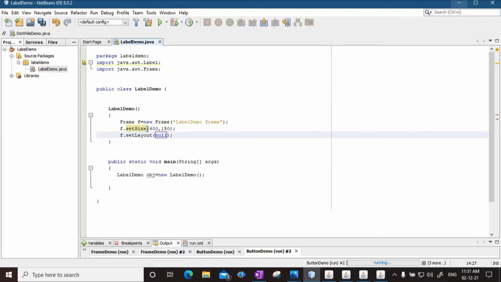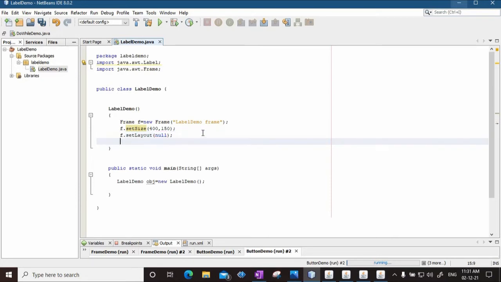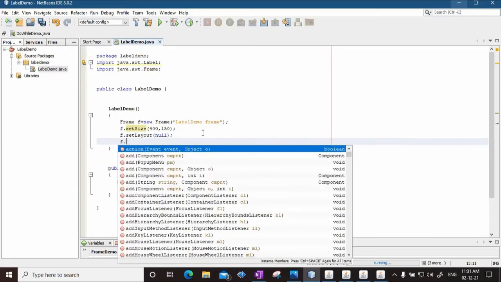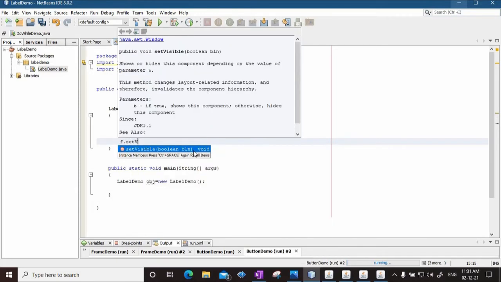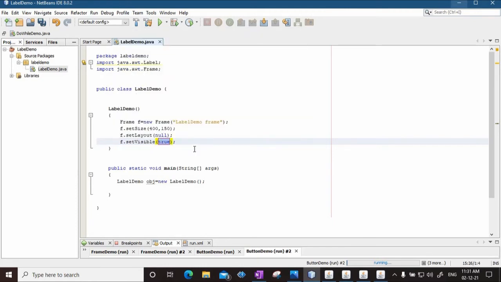So I'll say f.setLayout, and right now we are not selecting any layout, so I will say null. Then to make this frame visible I'll say f.setVisible, and the parameter within will be true. So this is how the frame can be created. We have defined all the attributes for the frame.